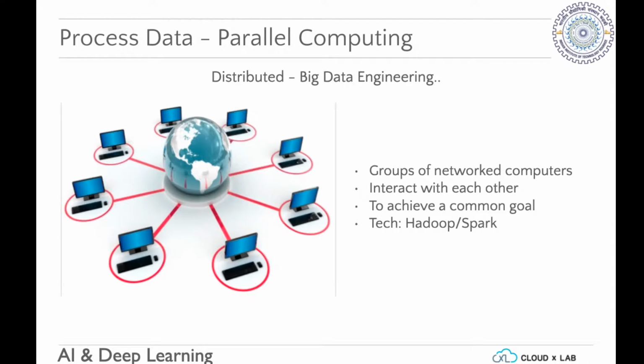So it's a lot better to use a group of networked computers that can interact with each other. There are technologies that enable that, like Hadoop and Spark, which are not covered in this course, but there are other courses as part of the CloudxLab big data specialization which cover those technologies.